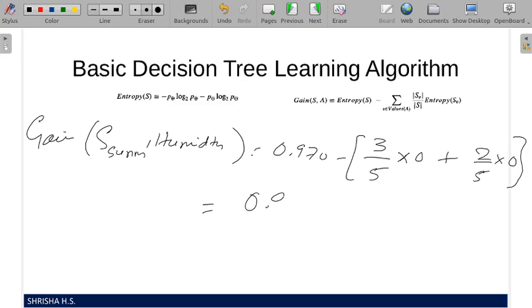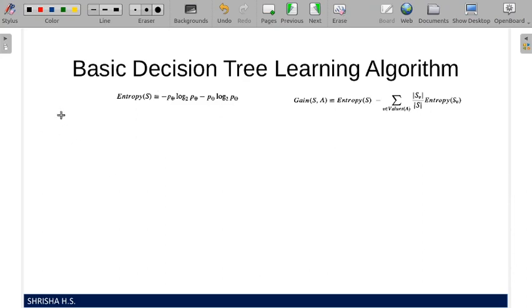So this will be the gain when outlook equal to sunny and with respect to humidity. In a similar way, we will write the gain